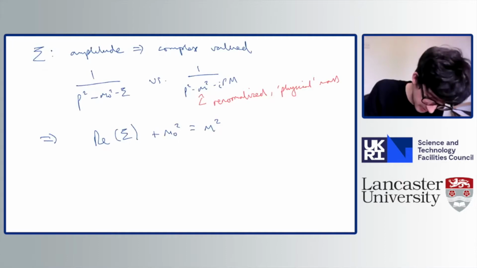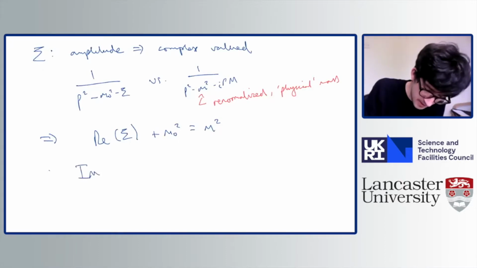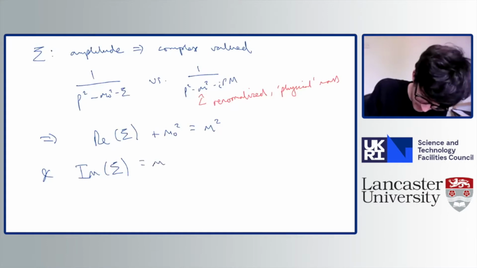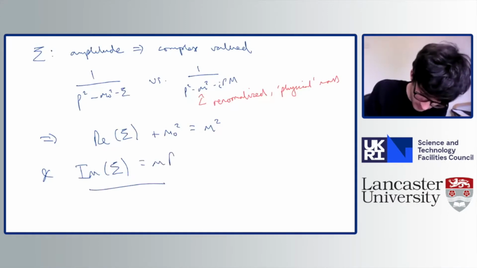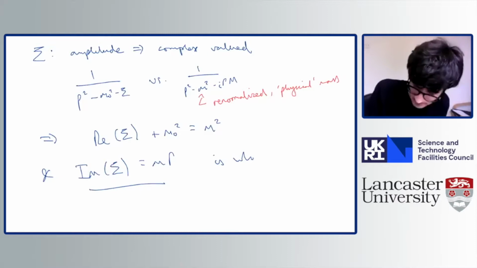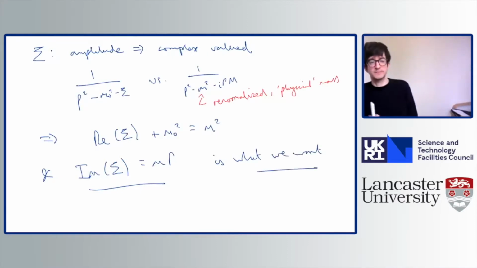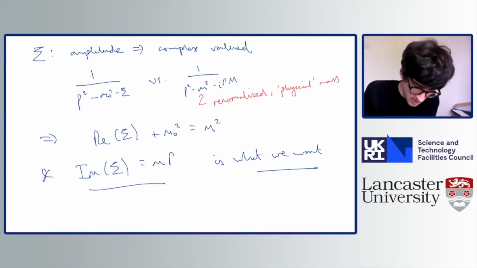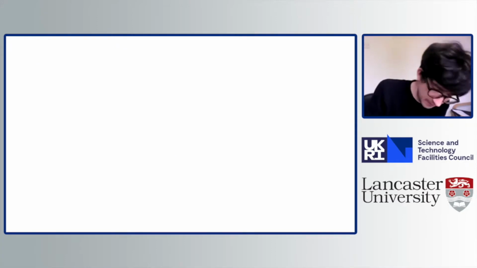But it can have an imaginary part, it's a complex valued thing, and therefore what is what we want. Okay, and if that is what we have, then this matches what I wrote down before in terms of the actual width. And indeed, that is what we have. So now